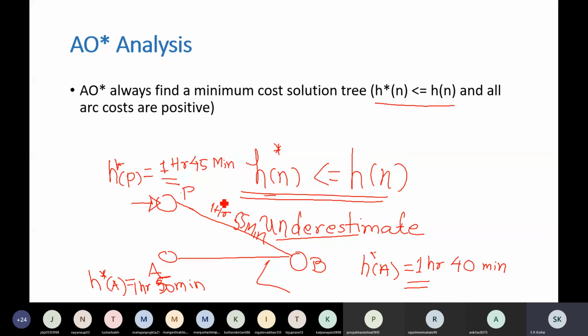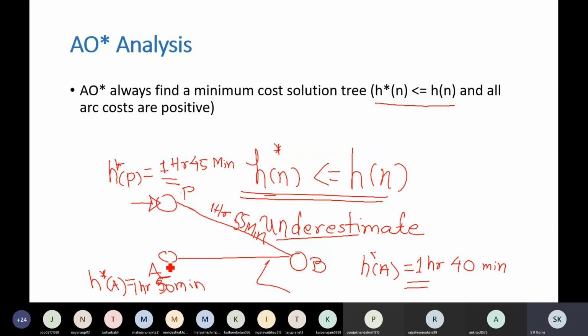This is an underestimate because the actual cost required is 1 hour 55 minutes. But here the estimated cost was 1 hour 45 minutes, which was better than A. So the algorithm has selected this and returned this as a solution. But you will find out this was a better solution, and the algorithm could not return it. Why could it not return this? Because